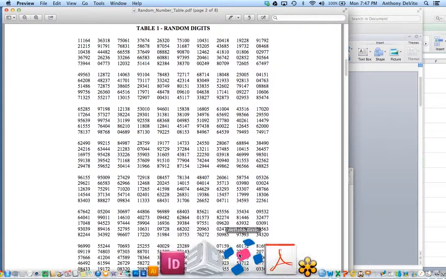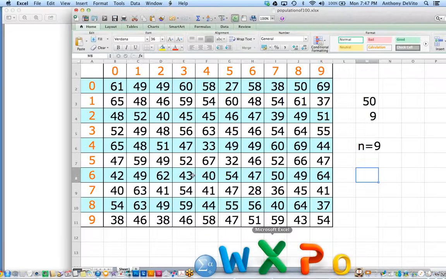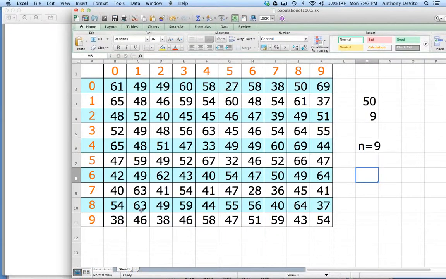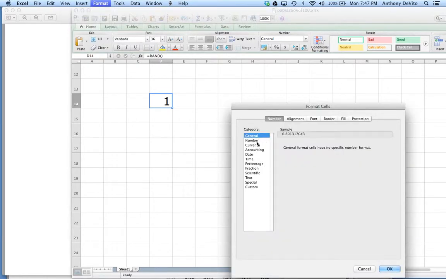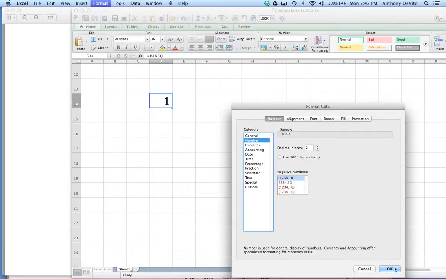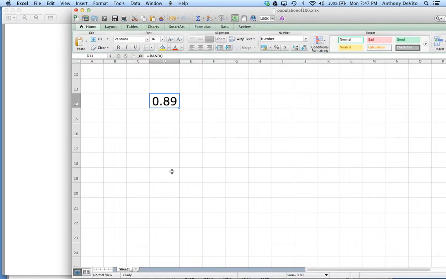I just want to show you that it is possible to do this in Excel. There's a function in Excel called RAND. Let me go down here, equals RAND, parentheses. You don't have to give it a value. Notice in the prompt, there's no value in the middle. I'm going to have to go up here, format, and give you some decimal places in this case. Let's do 2 decimal places. RAND gives you a random value.